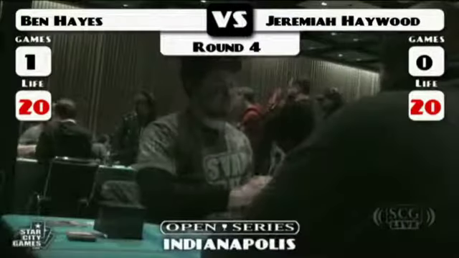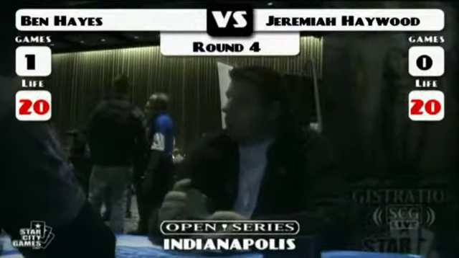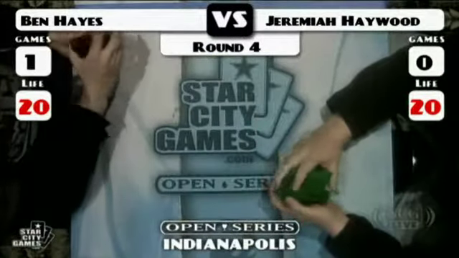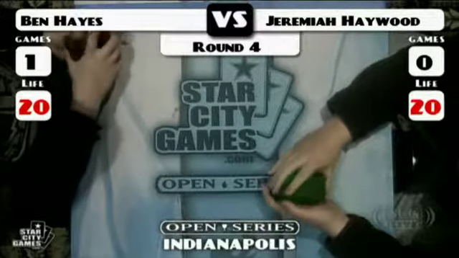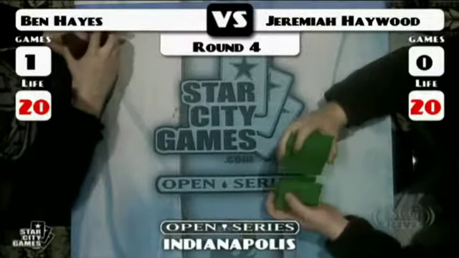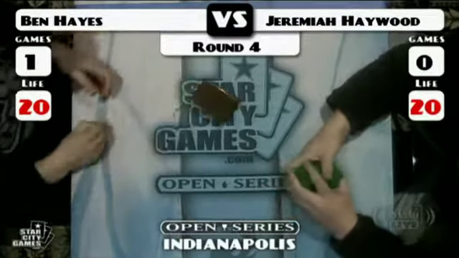In this round, we have Ben Hayes playing against Jeremiah Haywood. Ben Hayes is playing Kadalpa Red. In my opinion, this is the breakout deck of the tournament. And Jeremiah Haywood is playing a more classic version of Red. It reminds me of Cedric Phillips's build of a big red deck. Especially after looking at the sideboard, it looks as though he's slightly shifted around the Cedric Phillips 75,